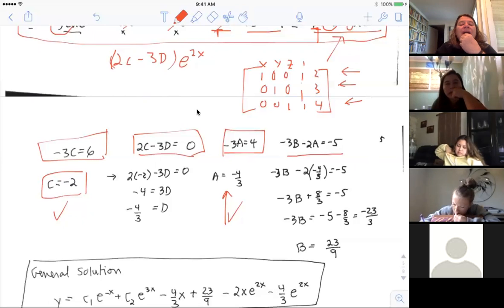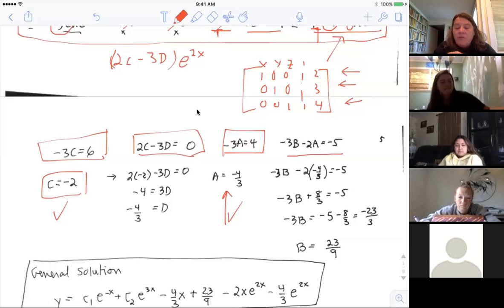Now, I don't know how many of you are familiar with doing this on the calculator, and I don't know how many of you had linear algebra. If you had linear algebra, this ought to be a piece of cake. There are 2 commands on the calculator. One's REF, which is row echelon form, and RREF, which is reduced row echelon form. So you are looking for RREF if you want that.